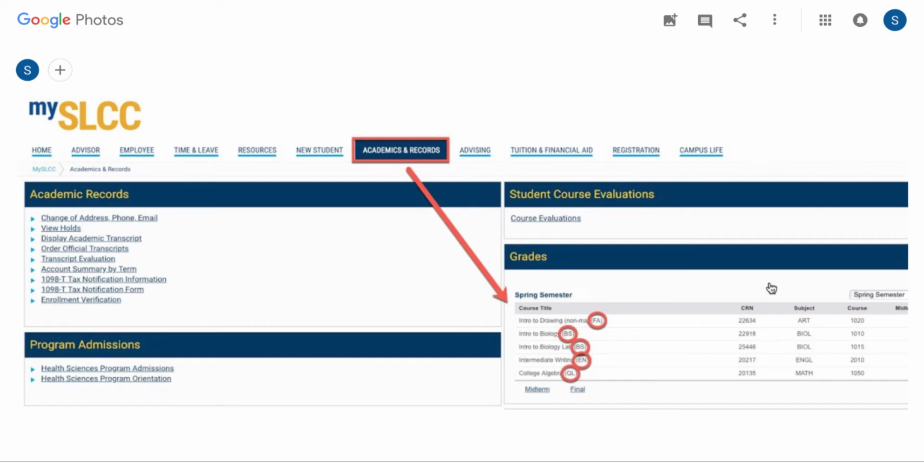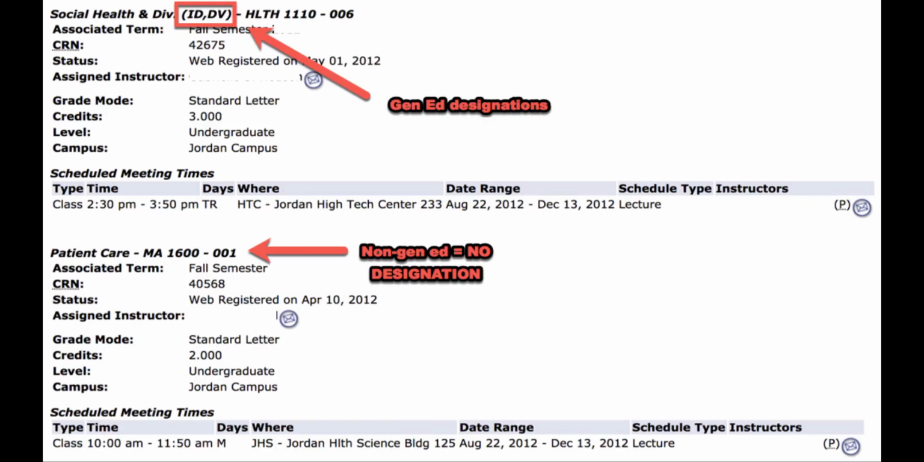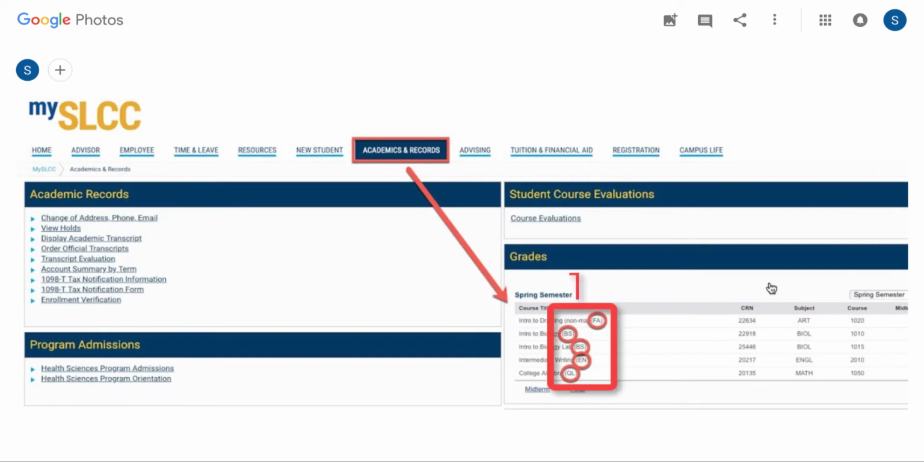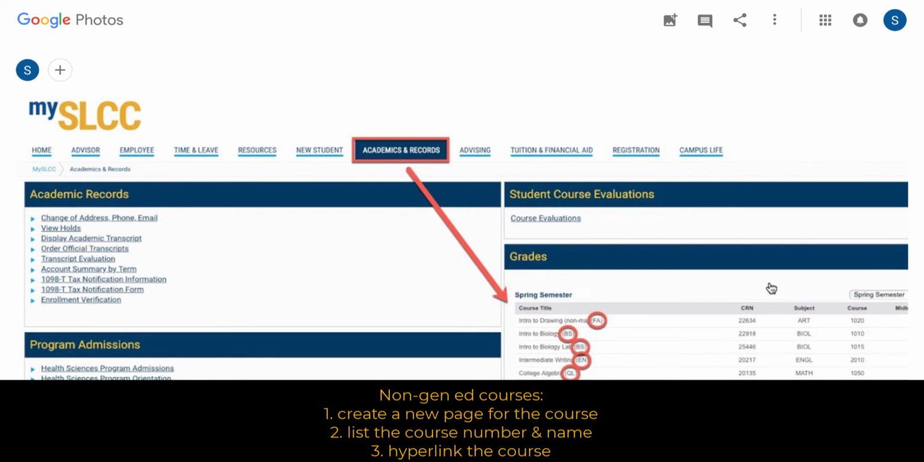If you're not seeing a designation next to your course, that indicates that your course is not a gen ed course. Keep in mind that a course designation, course number, which is the subject, and course title. When you have this down, go back to the course page and plug in that information next to the appropriate course designation. For non-gen ed courses, make sure to add a page first,